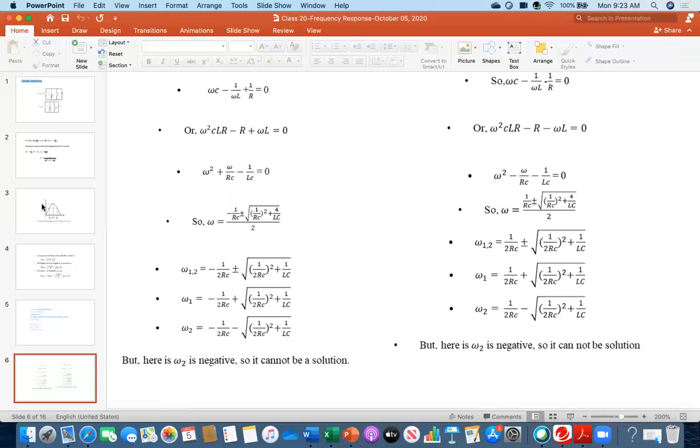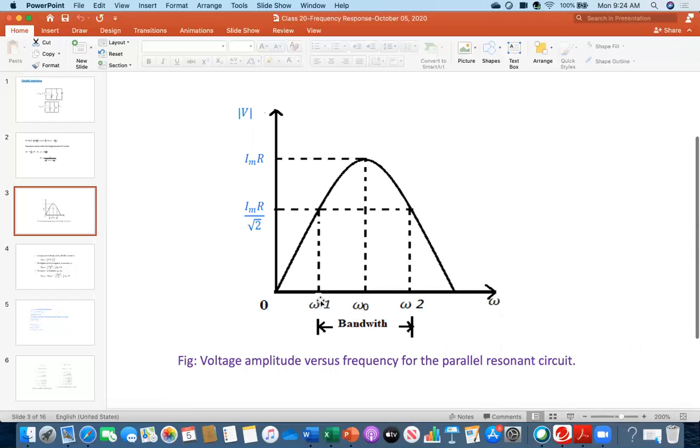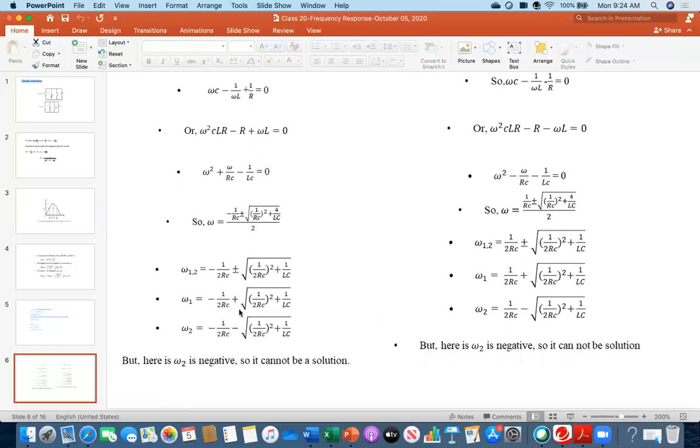But we are actually finding the omega 1 point and omega 2 point, and those must be positive because they are on the right side of the 0 position. Here we got two values, and this omega 2 is clearly negative, but omega 1 can be positive because this portion is greater than that one. So omega 2 is negative and cannot be a solution, and we can say that omega 1 is the solution.